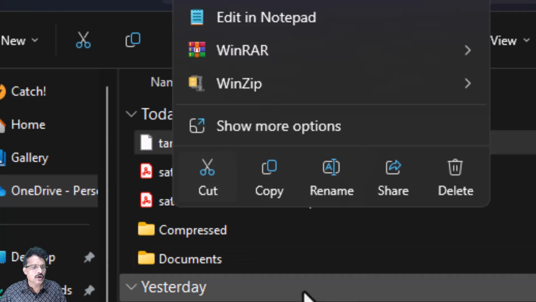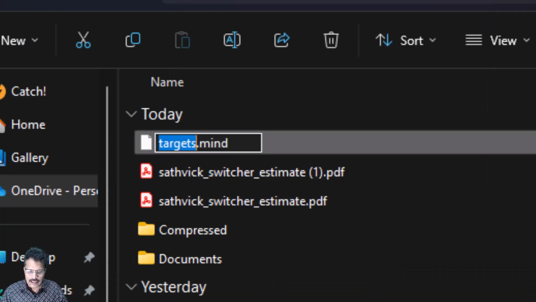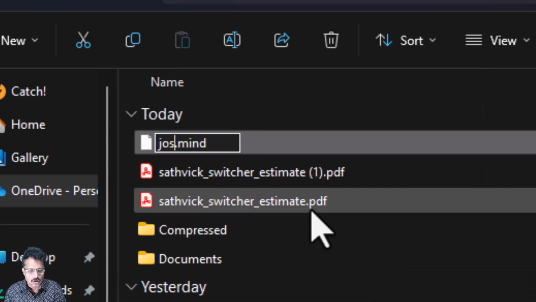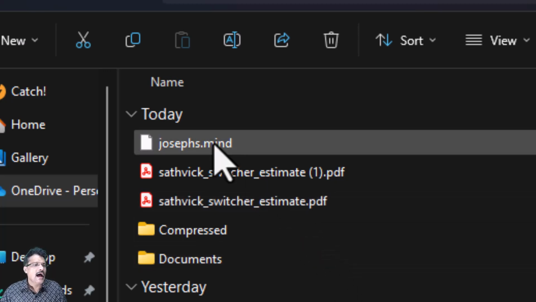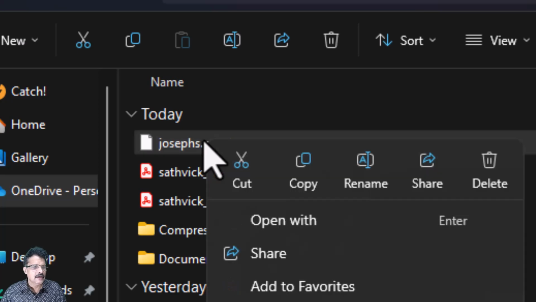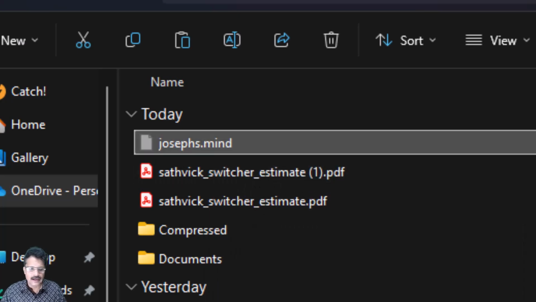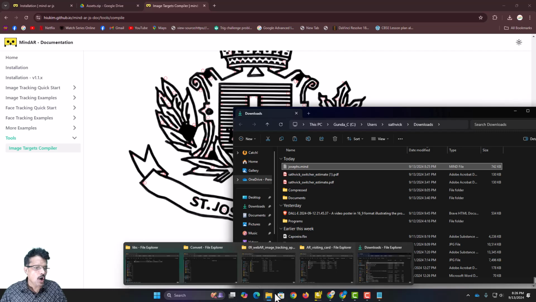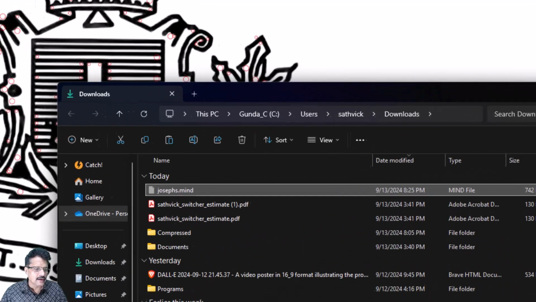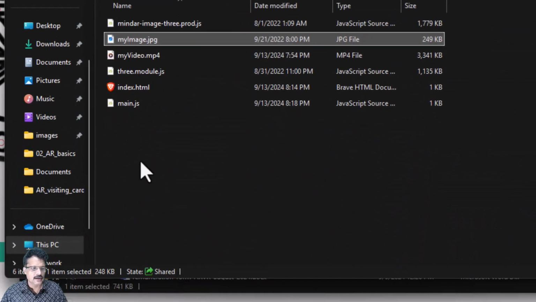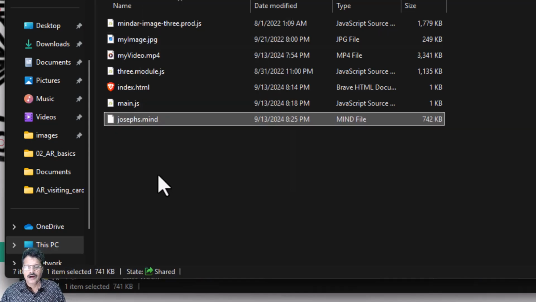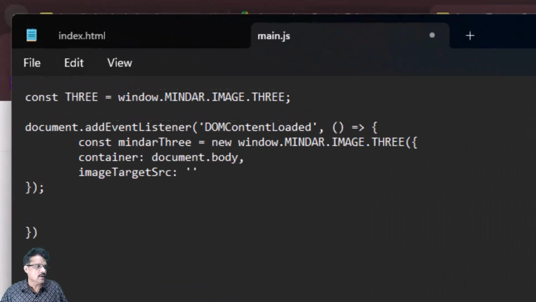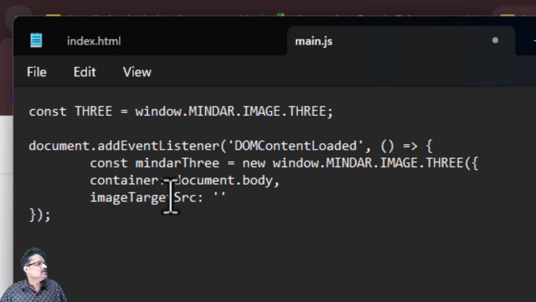I am going to right click this and rename it as josephs.mind. Then I am going to select it, cut it from the download, and copy it to your folder, that is this AR visiting card folder. Now, coming back to my code, in the image target src, inside this inverted comma,